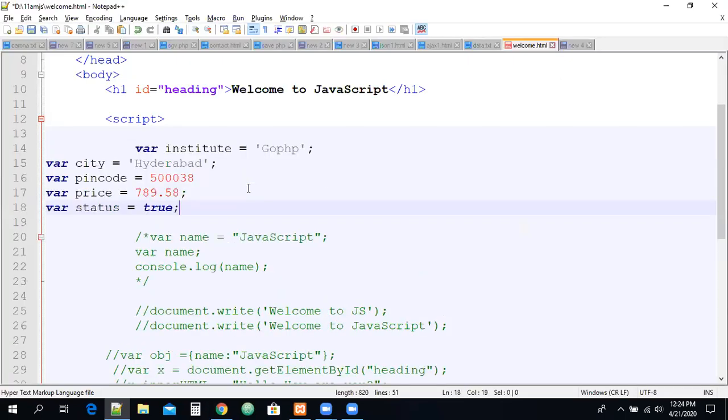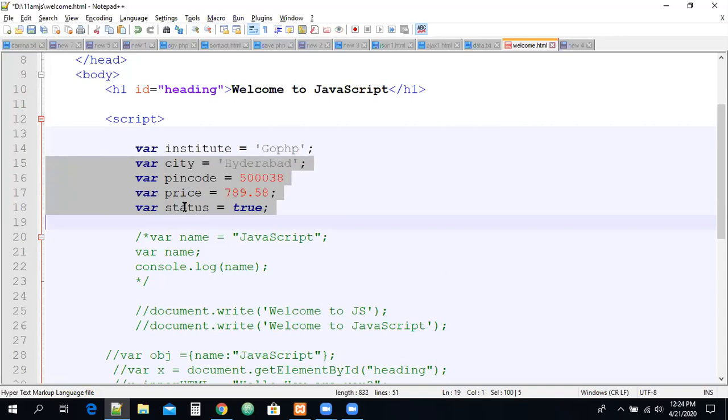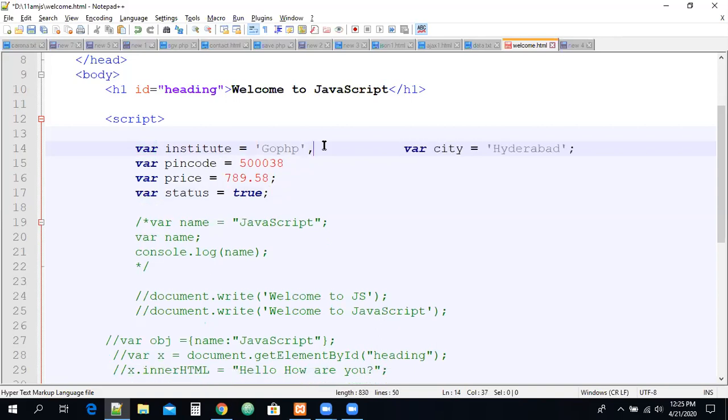Go to the file. So we have multiple variables. Remember one thing, guys: why should I use the var keyword multiple times here? We are using the var keyword multiple times, and these are all valid variable declarations. In this situation, you can also do one thing. By using the var keyword, we can declare all the variables at a time by separating them with commas. This is also a valid way, but we have 5 variables and we declare var 5 times. So what I can do is something like this, by separating with commas, and we can have the next variable, guys.